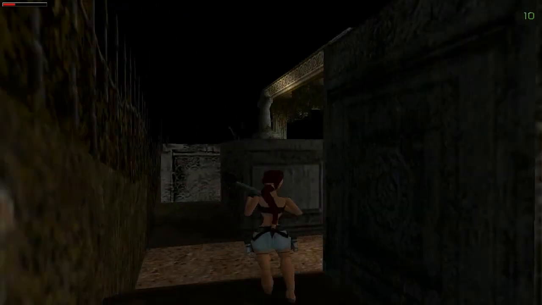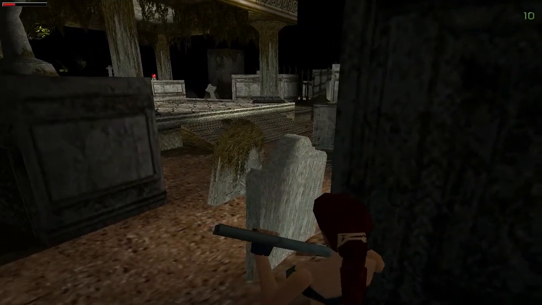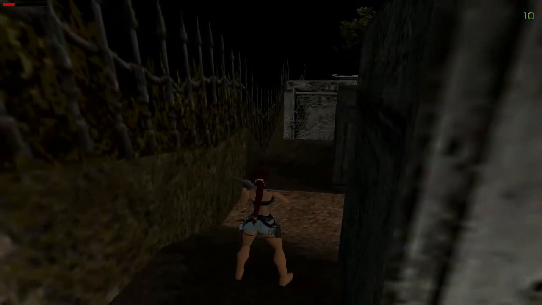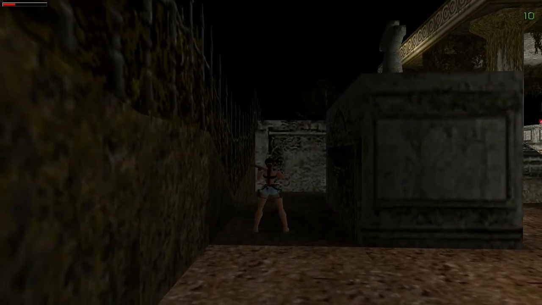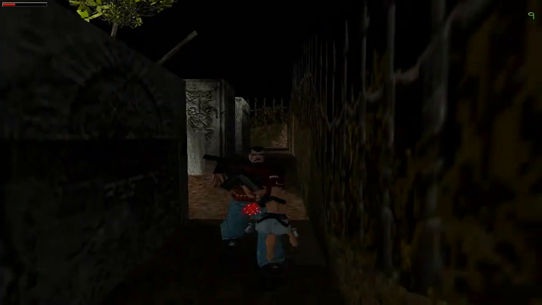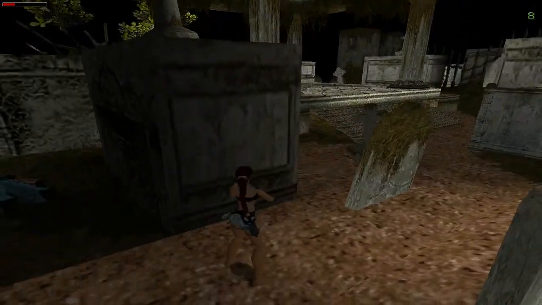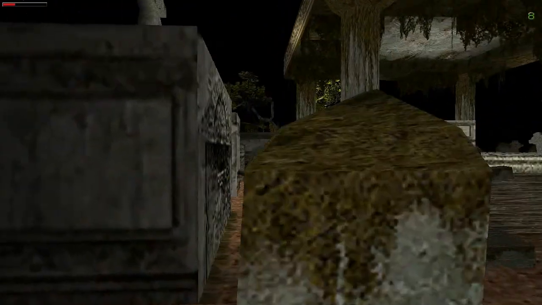Alright, so here in this area there's going to be 4 enemies: a dog, 2 guys, and a lady. And one of the guys actually spawns right here, so if you walk here, he'll just be right there. So you gotta be careful. And watch out for this dog, because this is, again, the randomized element. The dog here really...